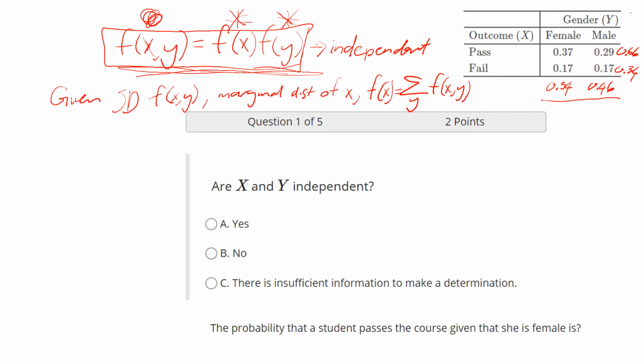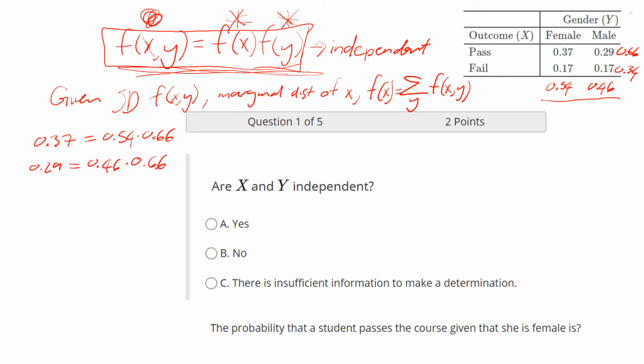In other words, we are asking, is it the case that 0.37 equals the product of 0.54 and 0.66? Also, we are asking whether it is the case that 0.29 equals the product of 0.46 and